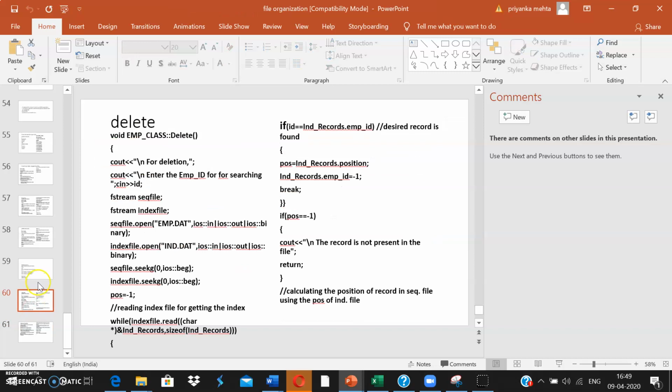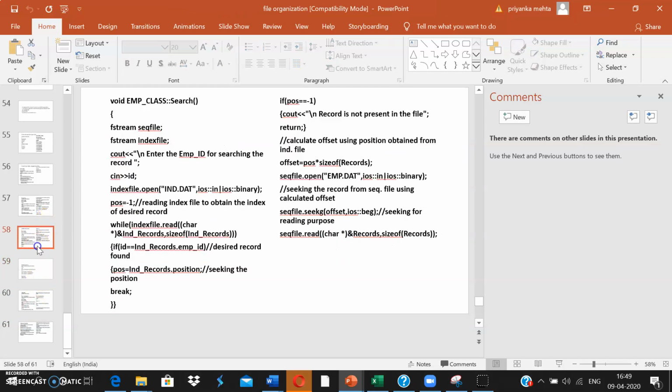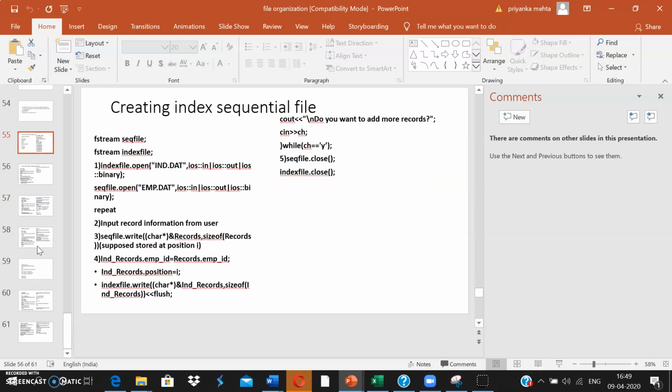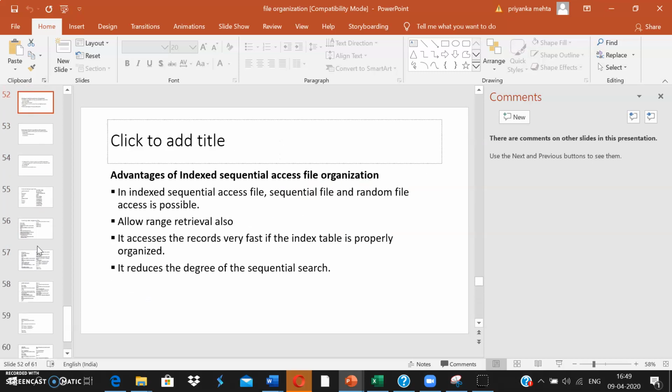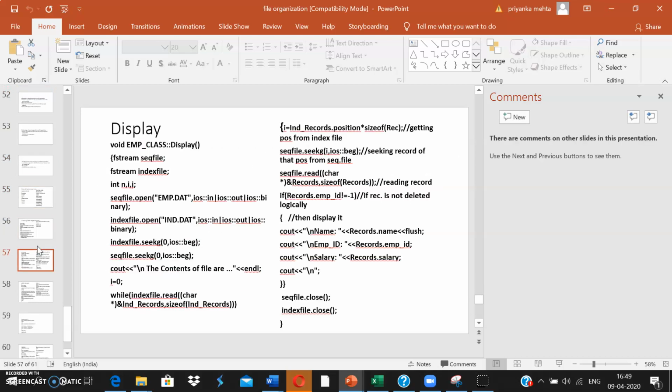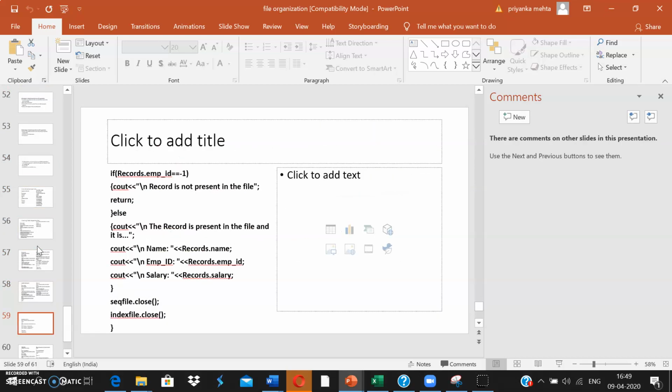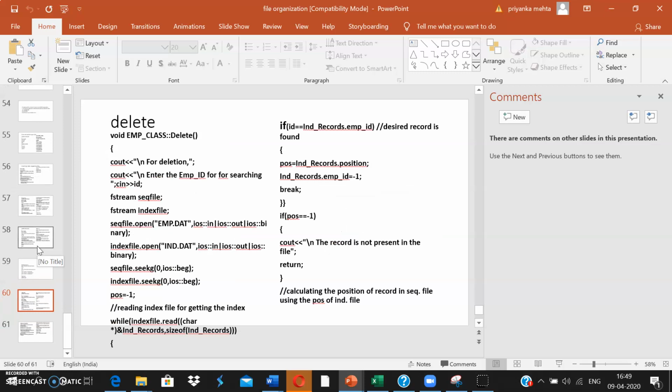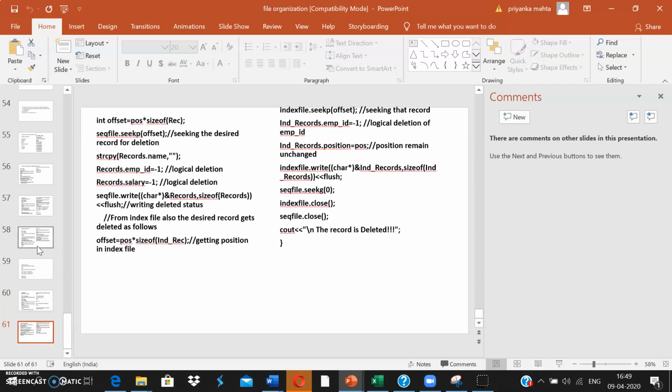This is how we perform various operations with the index file, which is not at all tough. We are just creating two different files: one is the index file and one is the sequential file. And as you have seen, we have created a dense index, so we have an index for each and every record in a file. This is just for your understanding that I have given these codes. You might have to make certain changes in this code, and then you have to implement it.